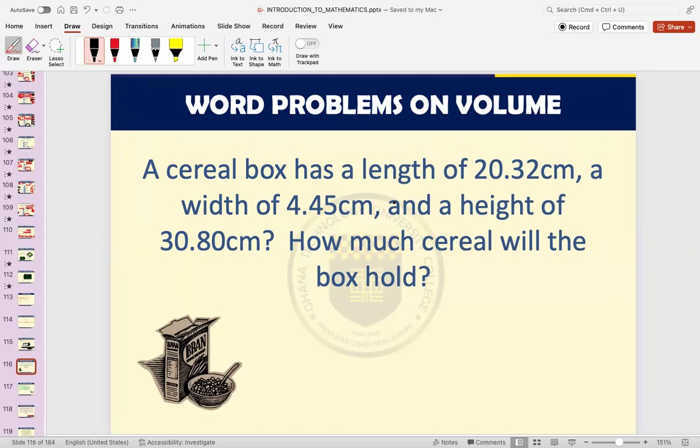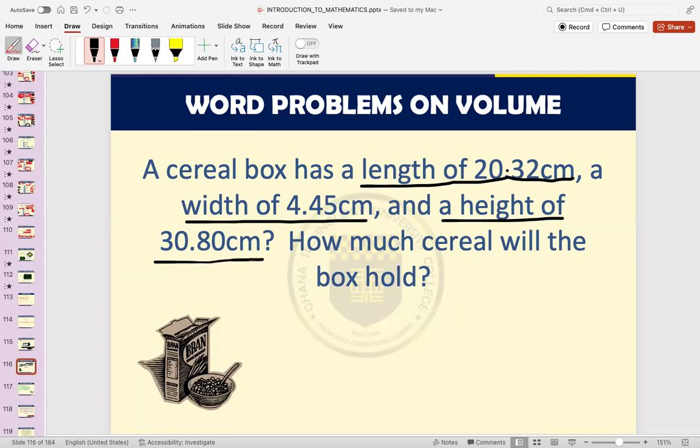Let's see how it can be done. It says a cereal box has a length of 20.3 centimeters, a width of 4.45 centimeters, and a height of